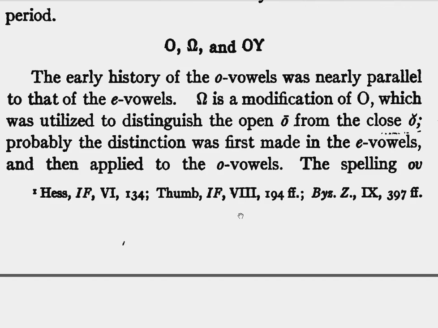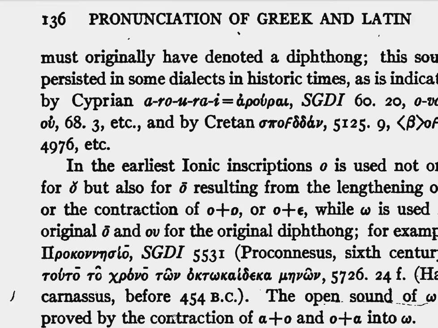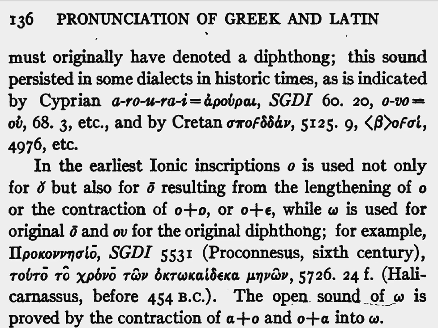The spelling o must have originally denoted a diphthong. This sound persisted in some dialects in historic times, as is indicated by the Cyprian ar-ra-u-rai, ar-ra-u-rai, and by the Cretan a-po-dan. In the earliest Ionic inscriptions,